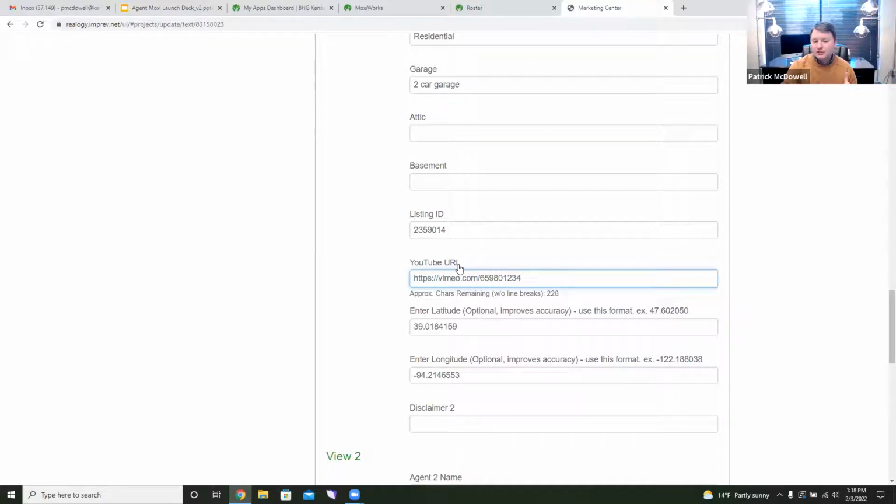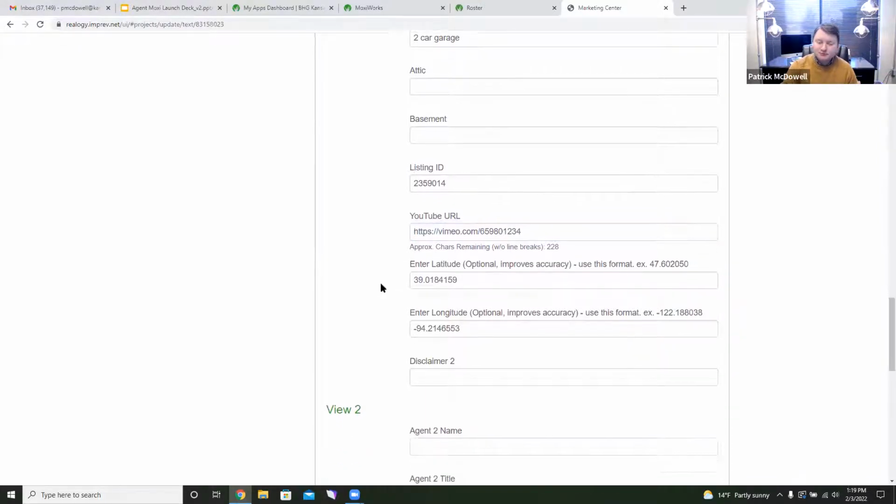Now, one trick that I'll teach you, we just learned this, by the way, it says YouTube URL. Really, you can put any hosted video in there. Now, you wouldn't be able to do a video in your Google Drive or something, but you could use your free YouTube account to upload a video through Kansas City Homes. That's a whole other class for a different day. But this video, for instance, is on Vimeo, and I could upload that just the same,